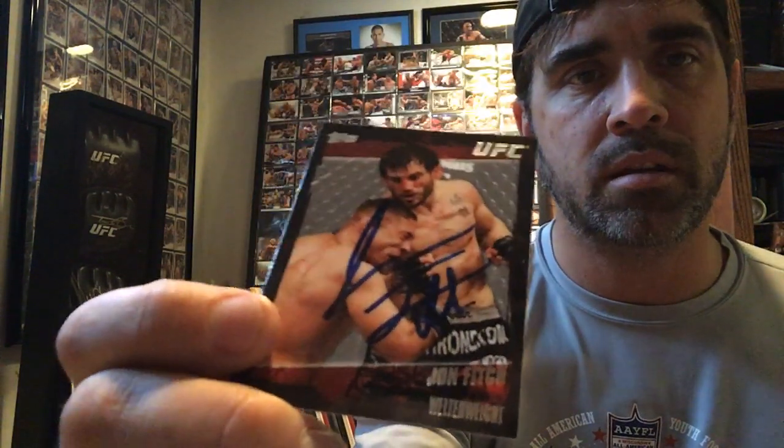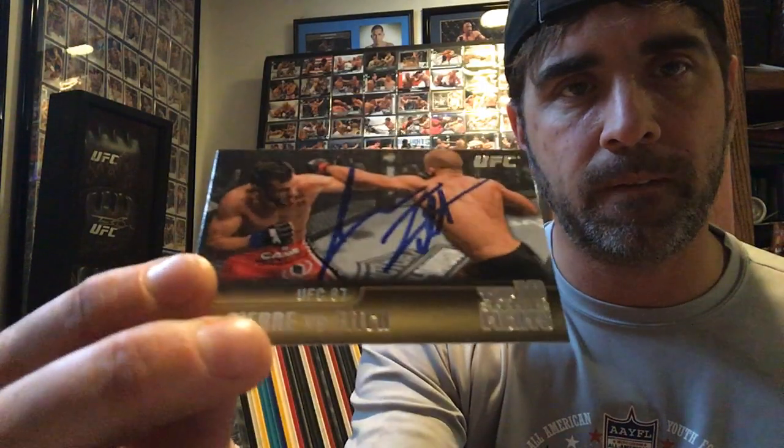2011 title shot, a Contenders insert, cool to get. This might be an update for my set. I'm not sure. I've gotten it, but it might be an update. I think this is a duplicate. Him versus GSP, and a card that's labeled top 10 title fights. And then this one was one I really needed. The Leaf, which is hard to see on camera, but